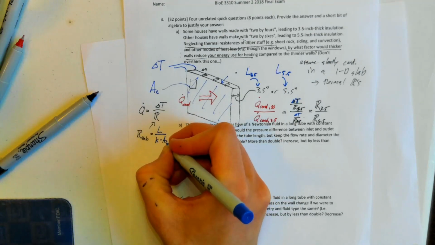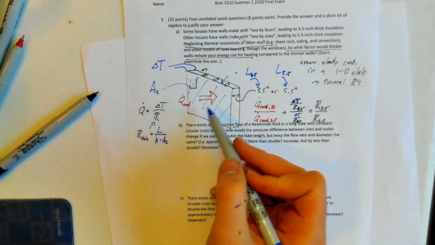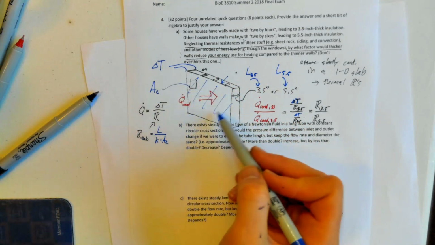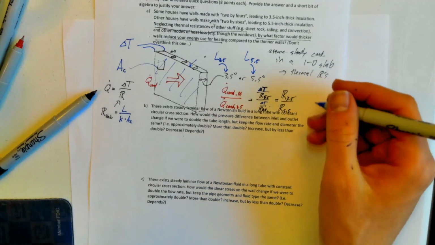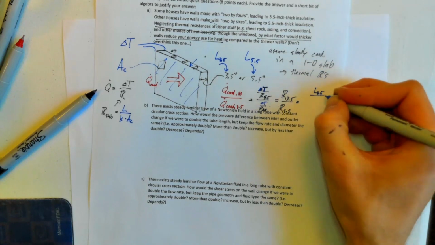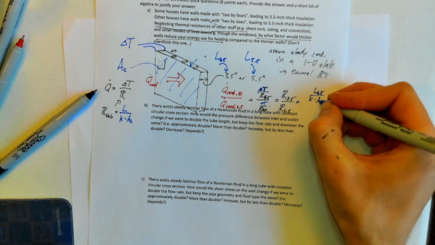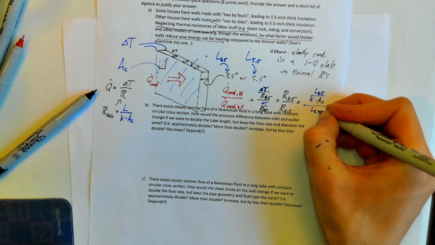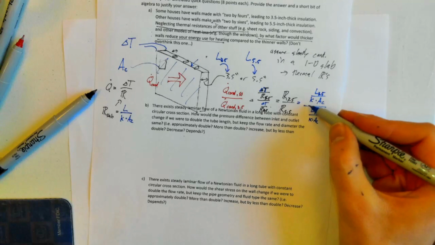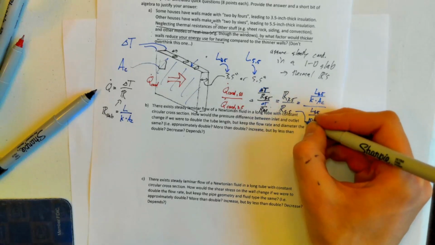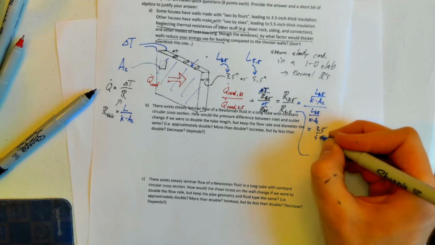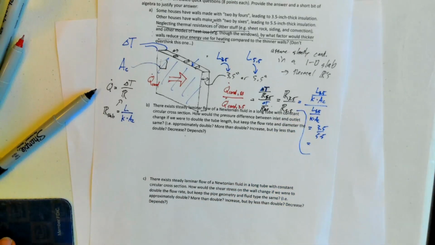divided by the cross-sectional area, which we said, I still have the same size house regardless of whether I'm making it with thick walls or thin walls. The size of my room is still going to be the same. So what does this mean? We basically have L 3.5 divided by K times AC, divided by L 5.5 divided by K AC. The K's and AC's cancel out, so then we basically just end up with 3.5 divided by 5.5, which is equal to